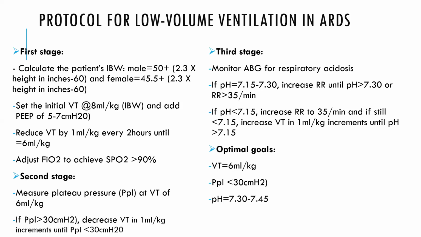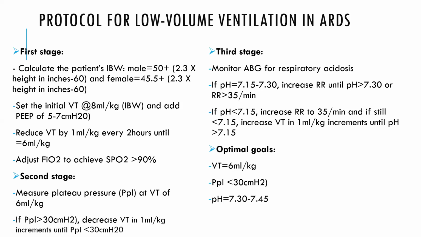The third stage is you want to monitor ABG for respiratory acidosis. This patient had 7.25, so it was in respiratory acidosis. So if the pH is between 7.15 to 7.3, you will need to increase your respiratory rate, like Dr. Wango mentioned initially, until you're able to achieve a pH greater than 7.30 or a respiratory rate of 35 cycles